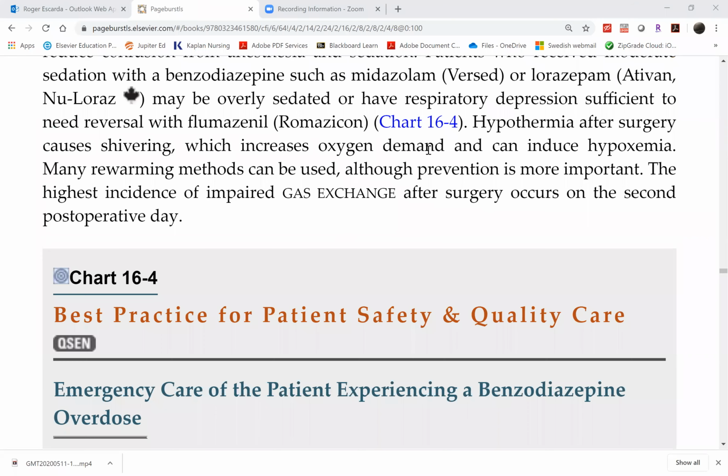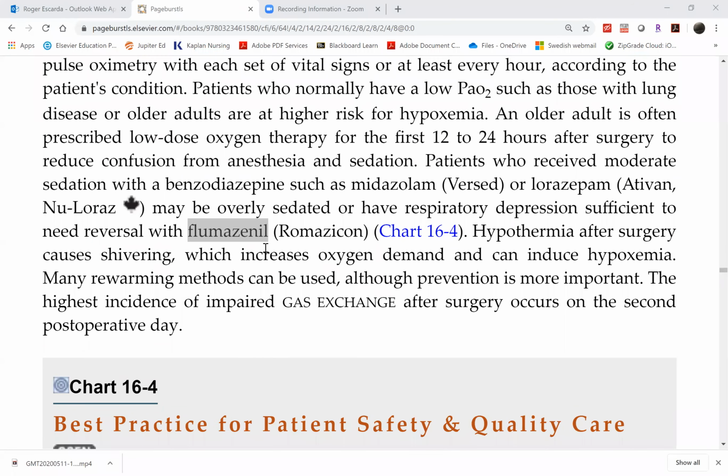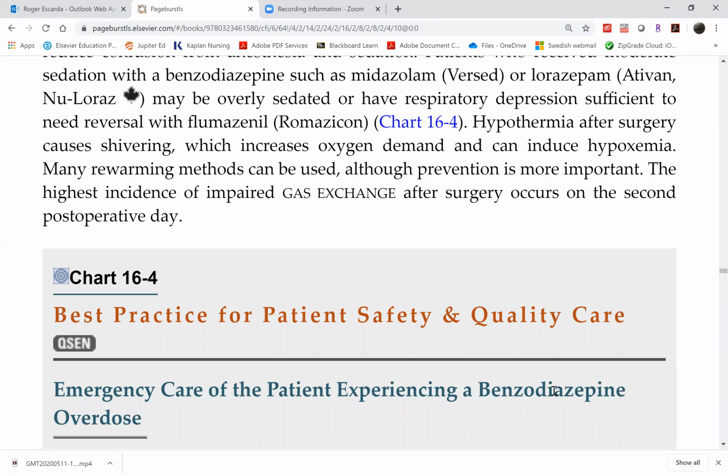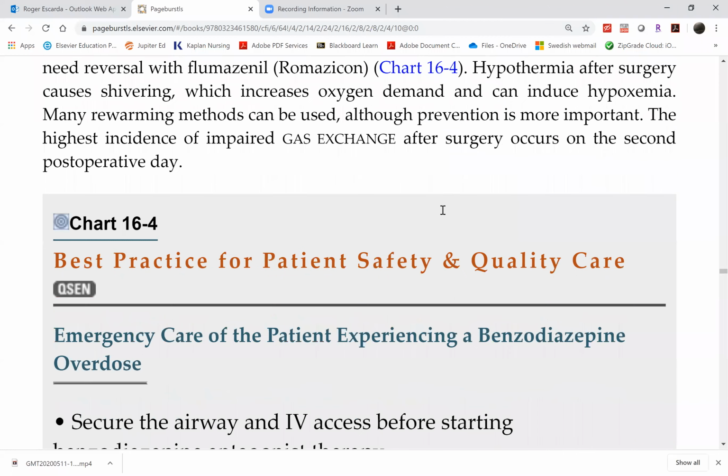Okay. I was saying, do not use the wrong antidote for the wrong drug. Flumazenil is for benzos. Narcan or naloxone is for opioids. Okay, they are not interchangeable. So if we compare 16-4 with 16